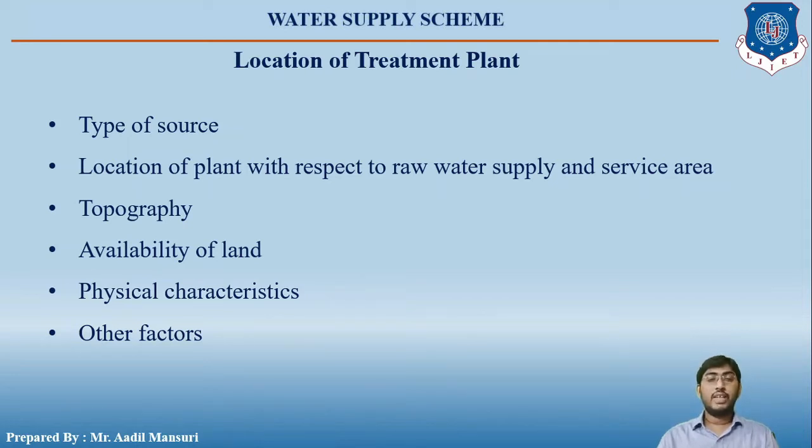Then physical characteristics. The physical characteristics of the site, like potential for flooding, foundation stability, groundwater intrusion, and the difficulty in preparing the site must be evaluated before selection of the final site. That is, if the site is nearer to the river, then the potential of flooding should be taken into consideration. During peak rainfall, the site should not get flooded by river water.